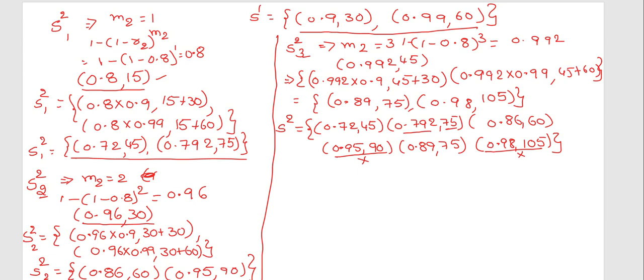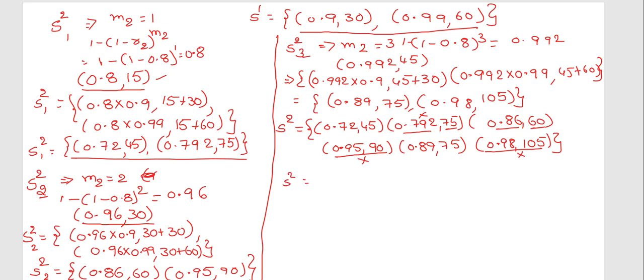What is the reliability? 0.79. Here what is the cost? 60. What is the reliability? 0.86. Observe, for 75 rupees we are getting 0.79 reliability, but here for 60 rupees we are getting 0.86 reliability. Then this one is waste. You got it? Here less reliability, more cost. So eliminate the tuples like this.